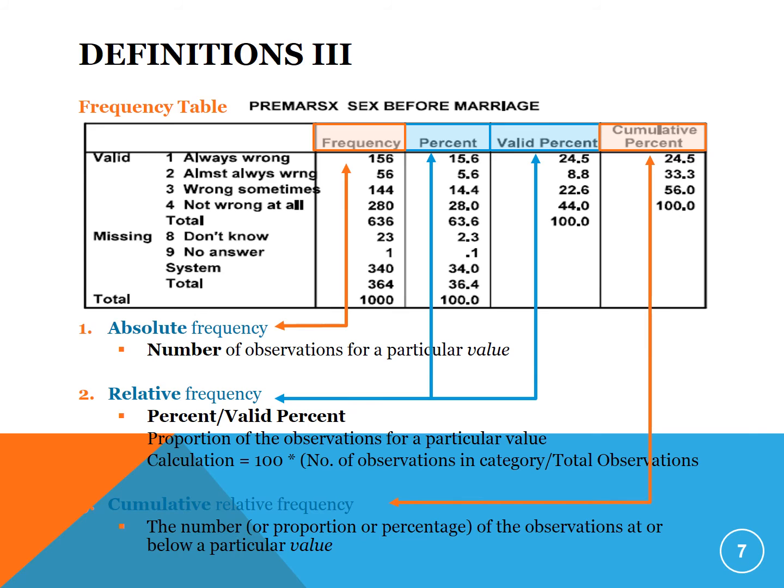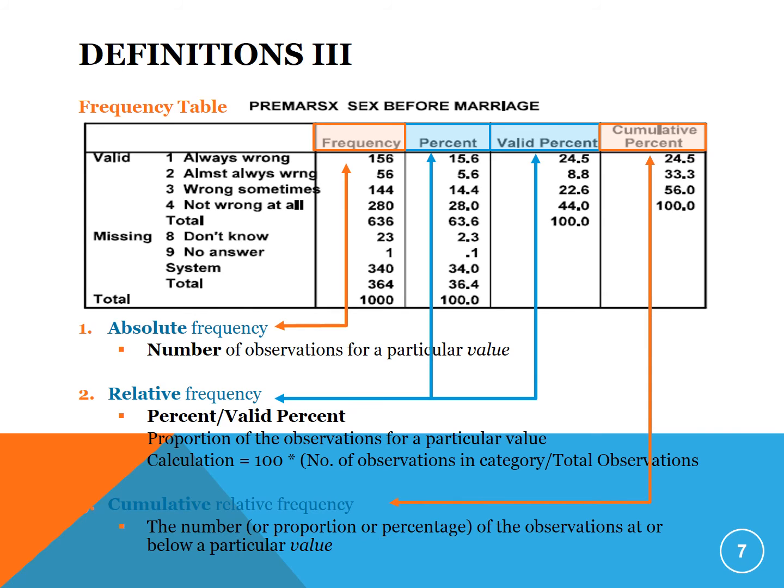So of the missing responses, the total is 364 missing responses. And of course, if you take 1,000, which is the total number of people we set out to survey, we see that 636 actually responded with valid responses. So of course, what's missing is 1,000 minus 636, which is 364. Okay? So again, this column right here is telling us about absolute frequencies, the number of observations for a particular